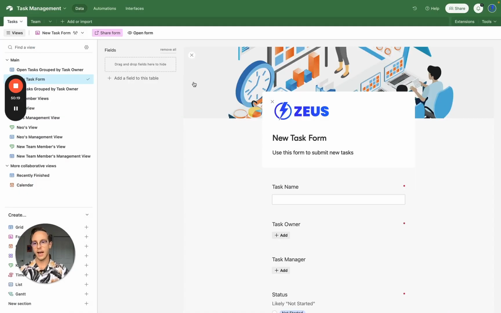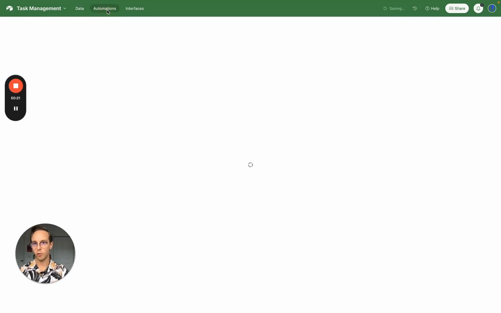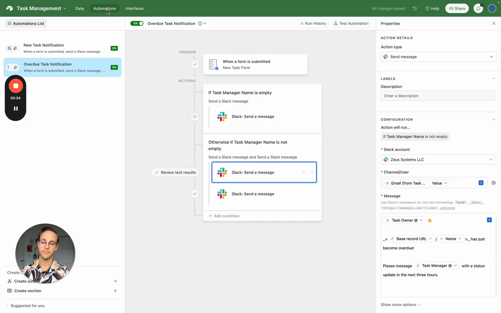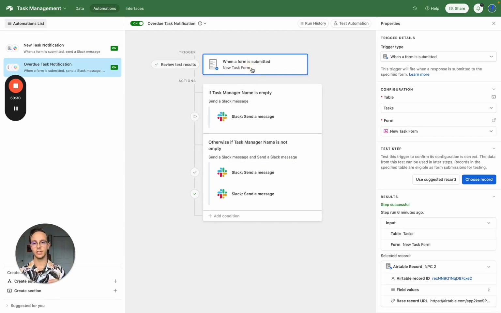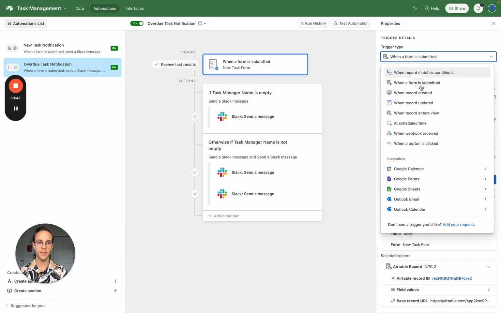Bam. Now, I forgot one critical thing. You may have caught it. I forgot to set the condition for this overdue task notification. I forgot to set the trigger. The trigger is not when a form is submitted. The trigger needs to be completely different. And that is